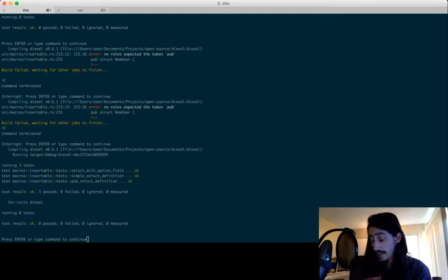Because like, effectively, I feel like the change is just to specifically describe it, because right now derive only accepts meta item words, and this would change it to accept meta item words or meta item lists, but not meta item name value. But of course you could put a name value inside the list, but